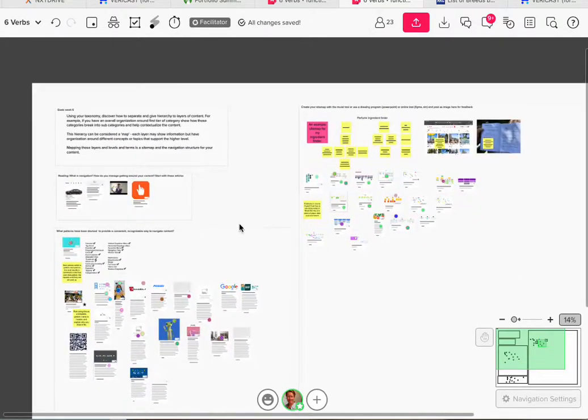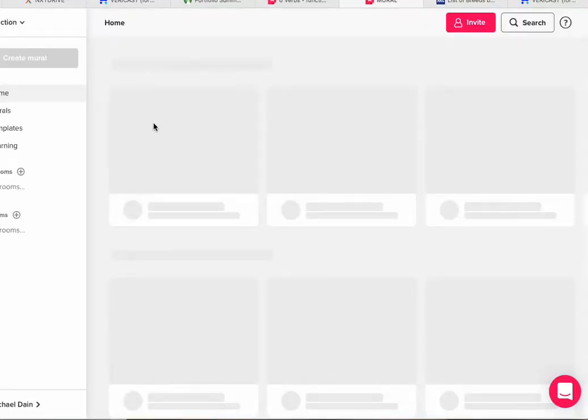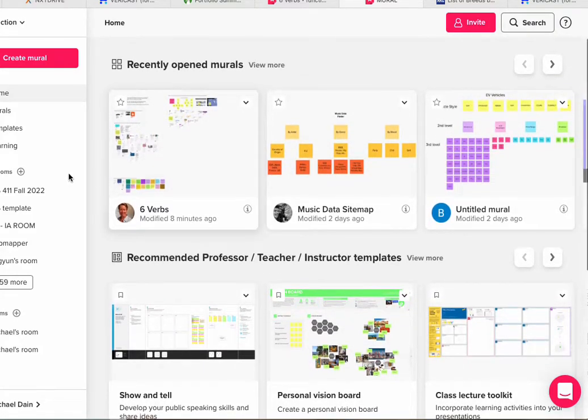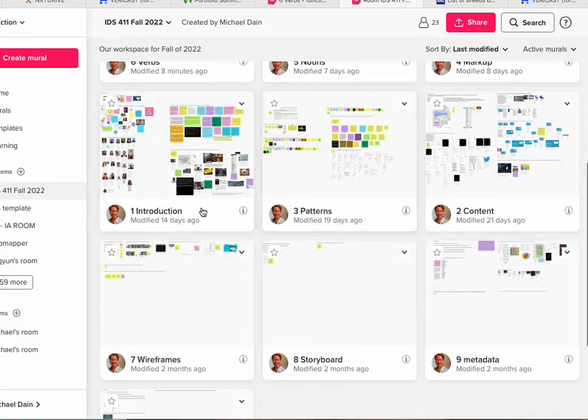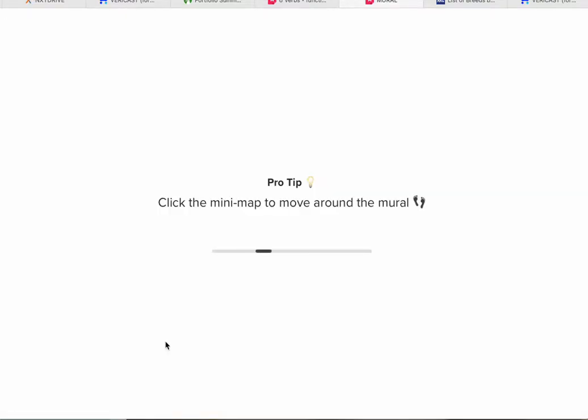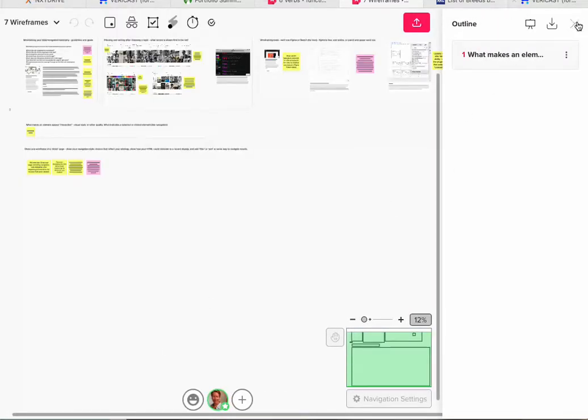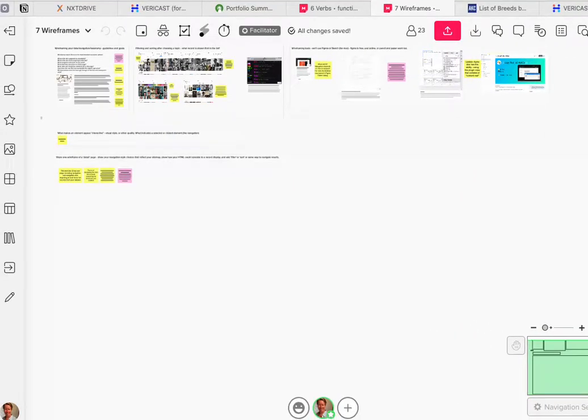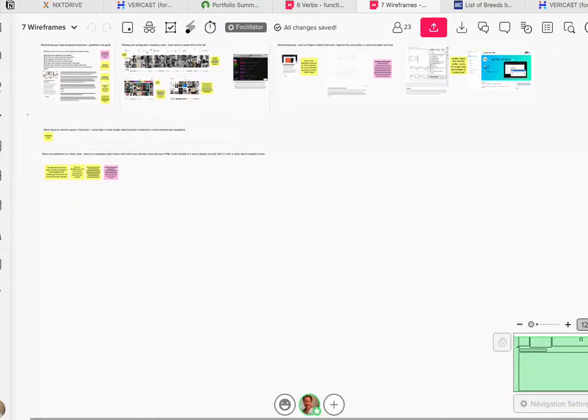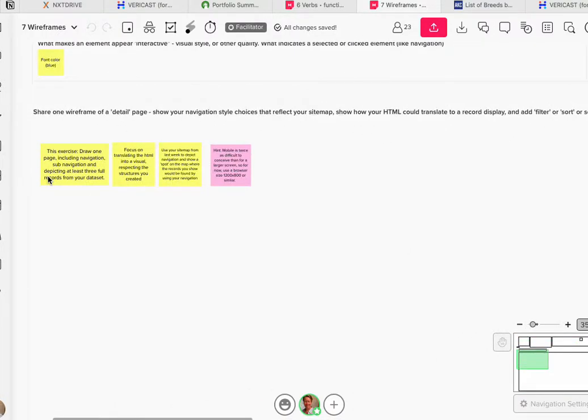Yeah, that was fun. So let's go on to our next topic, which is going to be wireframing. Okay. So this week, this technique, wireframing, is just a way to demonstrate and show your ideas to somebody as a kind of faux web page. And so what I want you to do is draw a detail page, and that is a part of your sitemap. It will represent some of your sitemap, such as top level navigation should be available, and you're going to